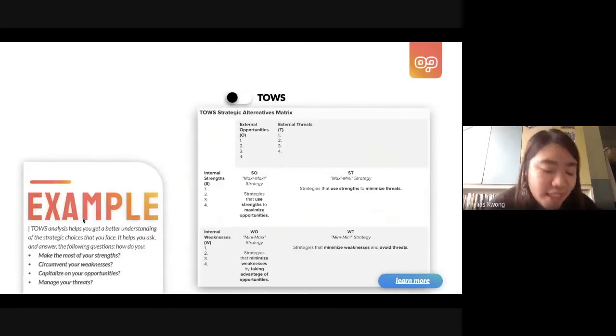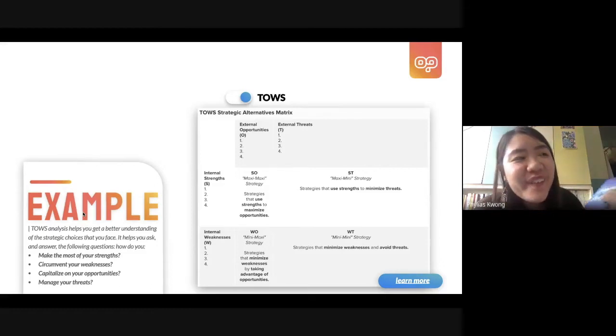So one of the things that we want to look deeper into, and we suggest you try to do, is called TOWS. Any one of you heard about this before? Okay, if no, you can say no. So I will go with it. Okay, no one replied. Assume no. I think this is a very interesting one. I also did it when I was LC as well. Maybe not a trend right now, but it's a really good framework that you can look into.